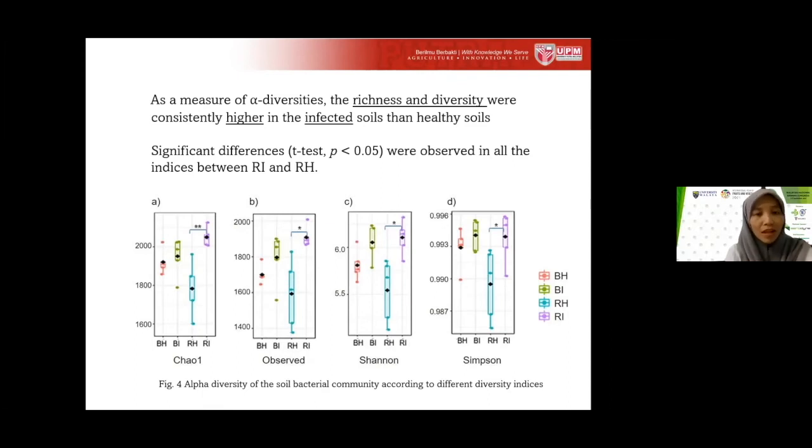However, a higher number of bacterial OTU and alpha diversity indices in Fusarium-infected soil have been reported before. So we think that the higher abundance of bacterial OTU in the infected soil is due to the ability of plants to alter their rhizospheric microcommunity in response to pathogen infection, and also may be influenced by other confounding factors such as the above ground vegetation and also the fertilization regime.